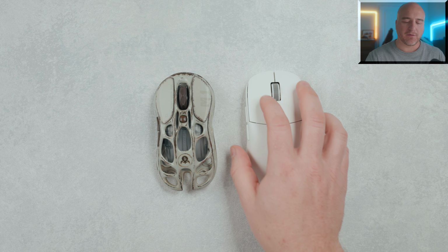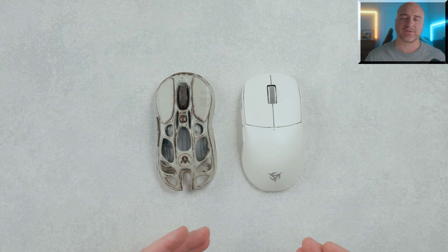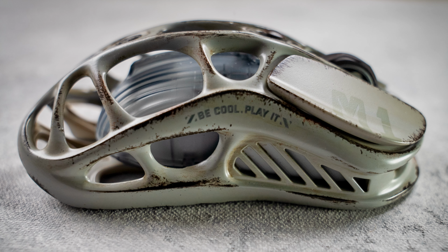So I'm just going to randomly throw up the Ninjutso Sora, not for any reason in particular, but just kind of go over the overall design of this and what it is actually like to grip and use in your gameplay. I've been testing the Mercury for quite some time now, and I've actually tried absolutely every type of grip on it. I've tried using this with claw, with palm, with fingertip grip, and just the overall design of it in